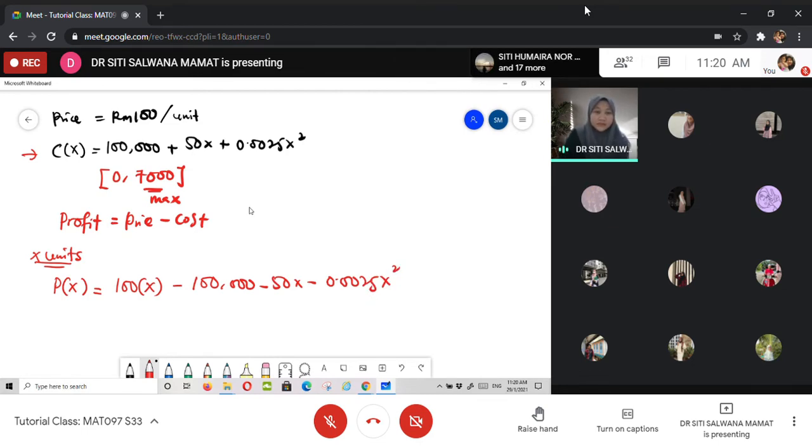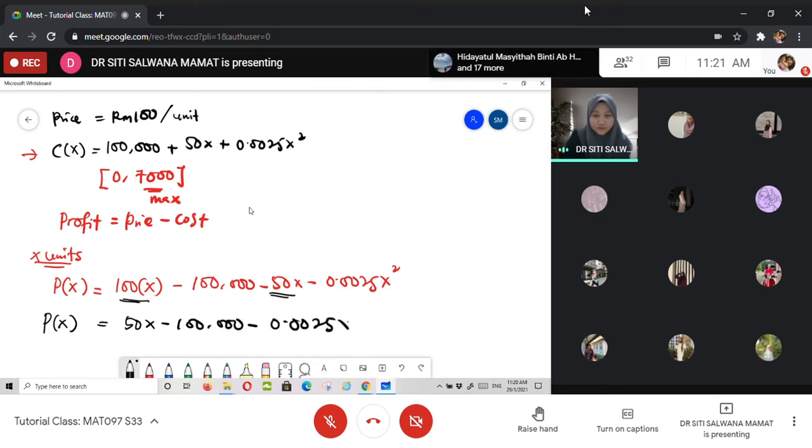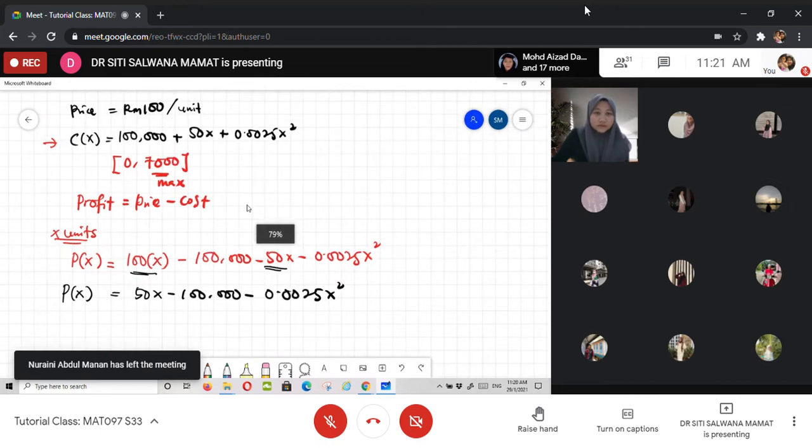Okay, boleh tak yang ni kelas? This is profit for X unit. Boleh ke? And then I settlekan yang ni lah, this dengan this. So this is you punya profit punya equation lah. Profit per unit. So I ada 50x minus 100,000 minus 0.0025 x squared. Okay, boleh ke sampai sini? I punya profit equation ni. Boleh. Okay, so now,